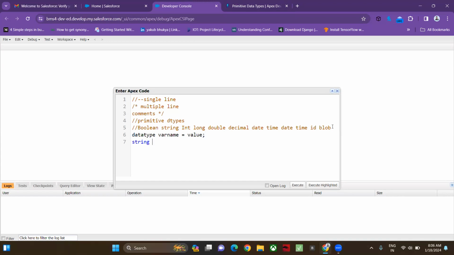Okay, string. Let's suppose I'm creating a variable with the name greeting. In this variable I want to store a value. Whenever you want to define a string, you need to write the value in quotations. Now I'll write Hello,